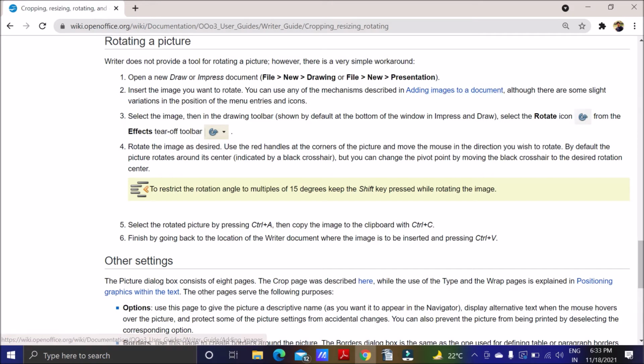Although there will be slight variation, suppose how to insert an image in OpenOffice Writer or in Draw, there will be slight differences. You will have menus and icons at different positions, but the mechanism will remain as it is.